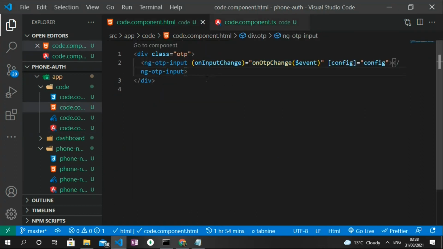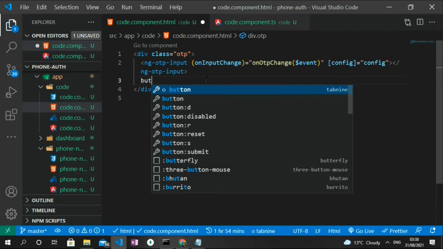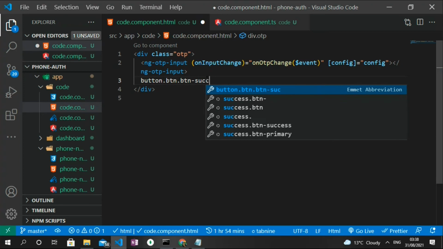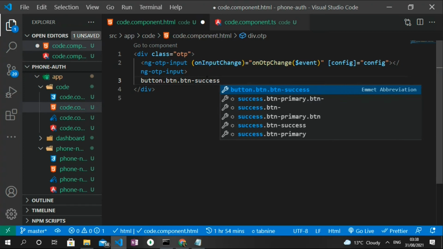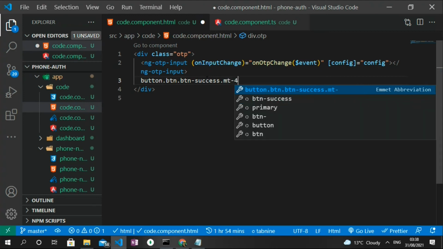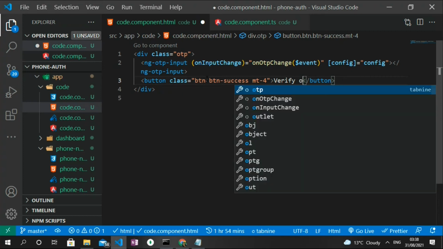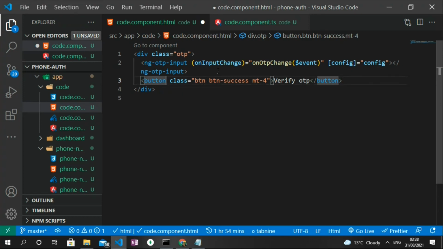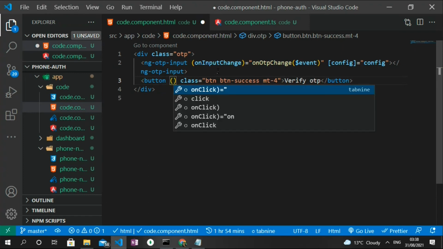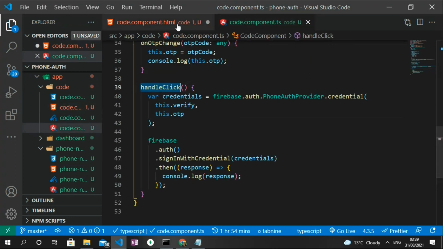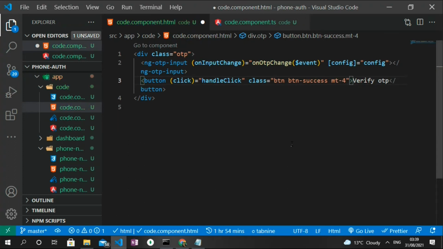So straight in our HTML file, I'm gonna create a button which is gonna have a class of btn dash success, which are all Bootstrap 5 classes, and then it's gonna have a margin top of 4. Inside of this, I'm gonna put a text of verify OTP. And lastly, we need to pass in a click event handler. It's going to take in the function we created, which we called undo click. So I'm going to copy that, paste it in,